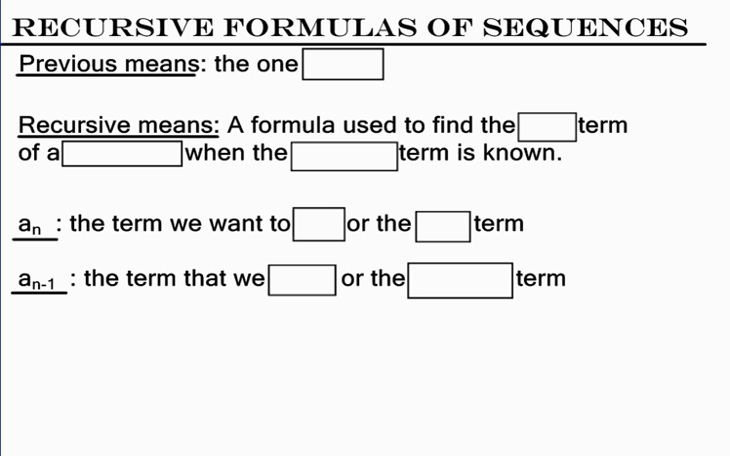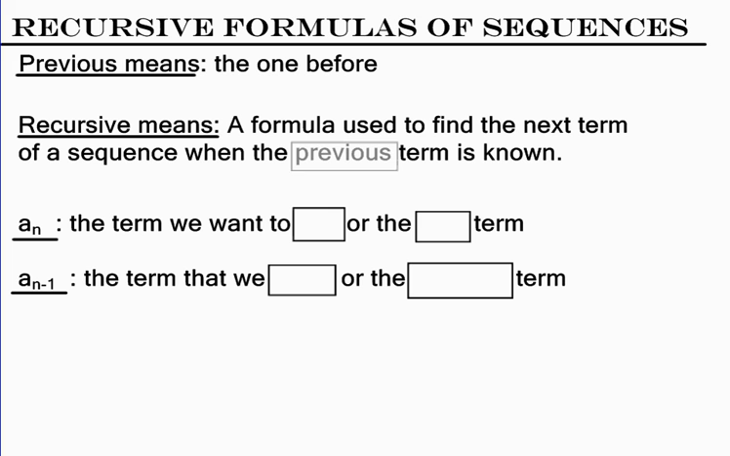The word previous means the one that comes before. Recursive means a formula used to find the next term of a sequence when the previous term is already known. In this case, a sub n is the term we want to find, or the next term,